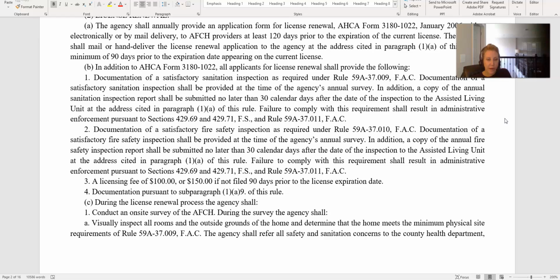Number 2, documentation of a satisfactory fire safety inspection report. So the documentation of a fire safety inspection shall be provided at the time of the agency's annual survey. In addition, a copy of the annual fire safety inspection report shall be submitted no later than 30 calendar days after the date of the inspection to the assisted living unit at the address cited below, and failure to comply with this requirement shall result in administrative enforcement. So there is another inspection report that you have to submit within the 30 calendar days,